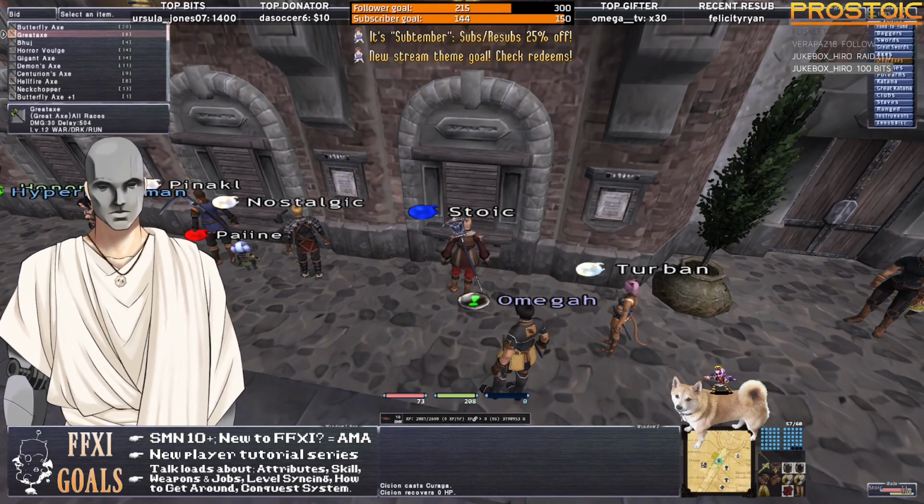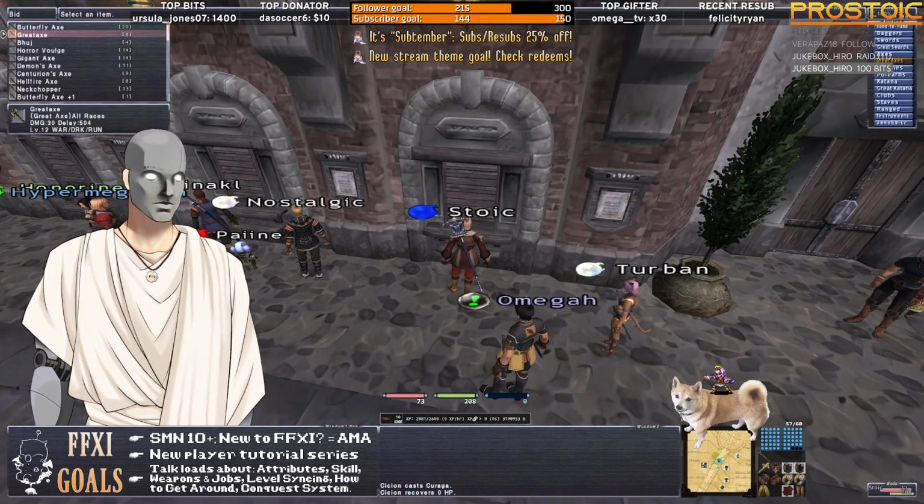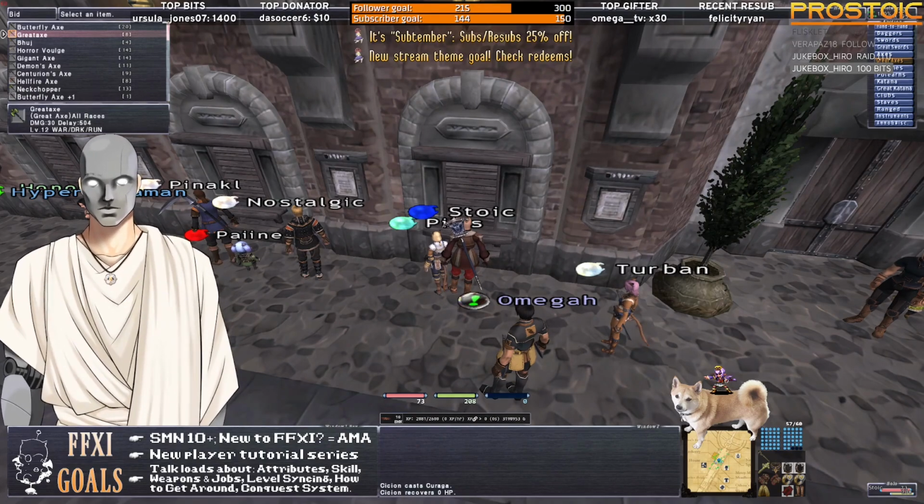Okay, so monk, hand to hand. If you're a monk, just use hand to hand. Just take it from me. Okay. Thieves. Their bread and butter is dagger, and they also use